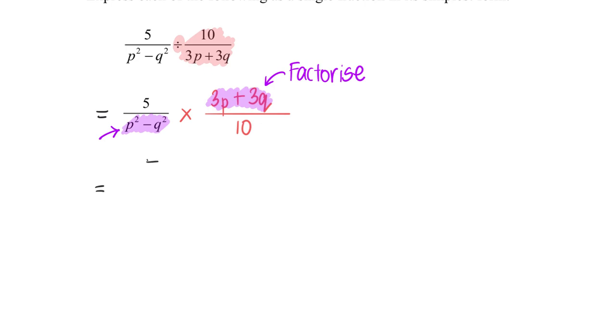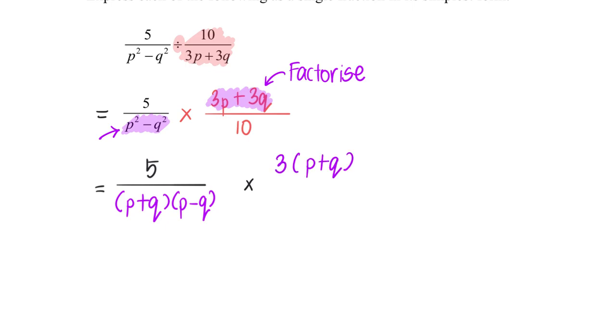So this means that 5 will be over, if I were to factorize p squared minus q squared, I will have to apply the special result: p plus q, p minus q. Okay, multiplied by, I saw that there is a common factor 3, and I'm left with p plus q